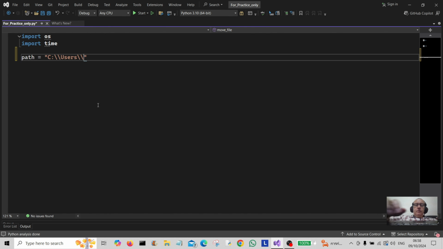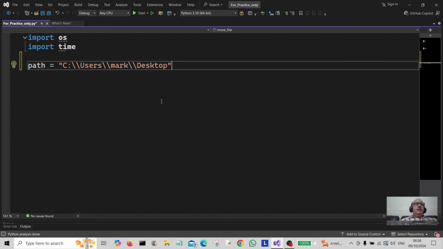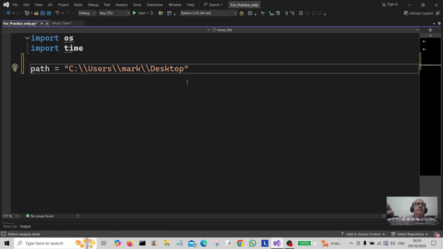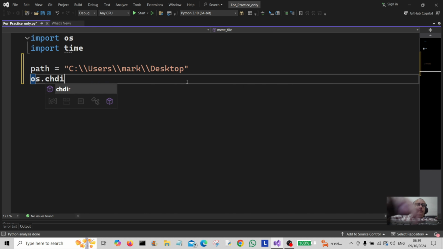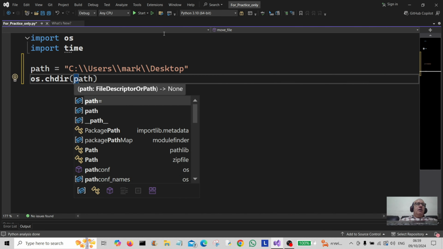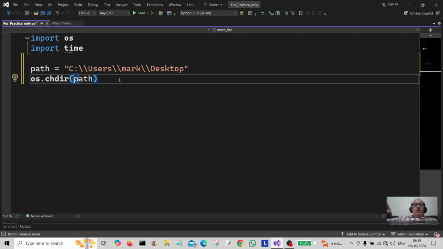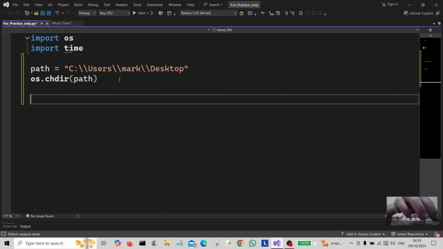Users, mark, desktop. Okay, so that's my desktop path. Your desktop path is going to be different to this, so you'll have to find your own unique desktop path. And then we use the OS module here, so you have to import the OS module for this. chdir, change directory to this path, and then we're going to create a function here